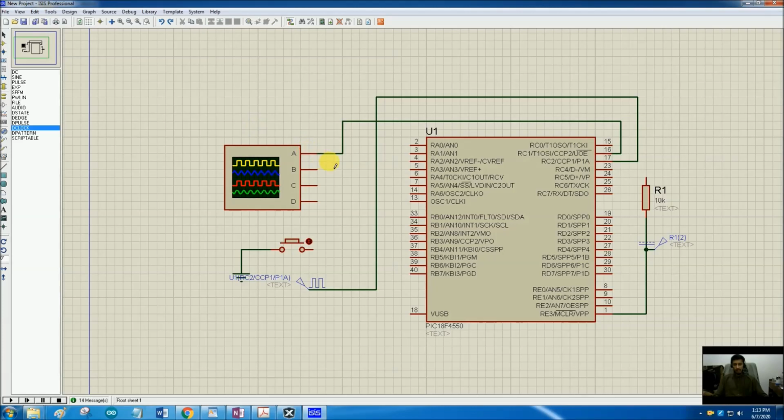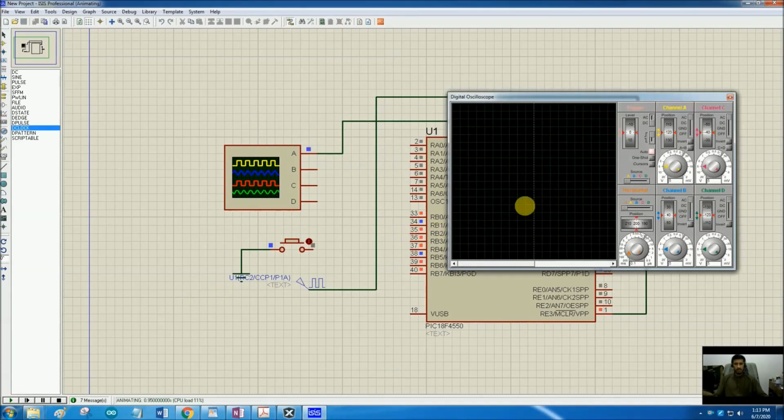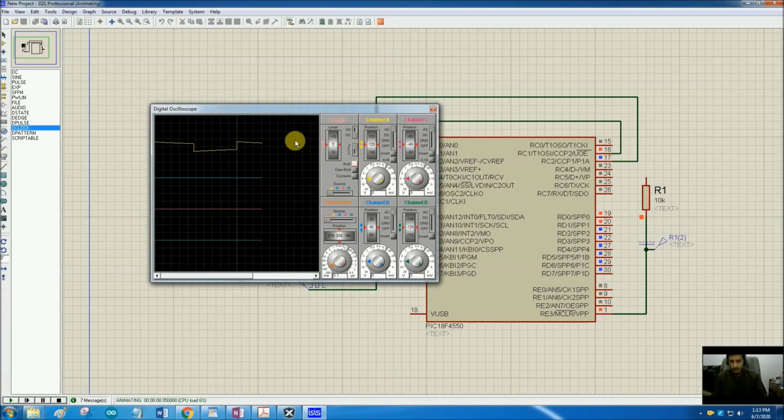So once I simulate this code, let's do this. There is a waveform. We can see this is a waveform on port RC1 on CCP2, and let's see what is the time period of this waveform. Currently the scale is at 0.1 and there are 1, 2, 3, 4, 5 and a little bit of the sixth box, so 0.5 something seconds as expected. So the waveform is being generated very accurately using this method.